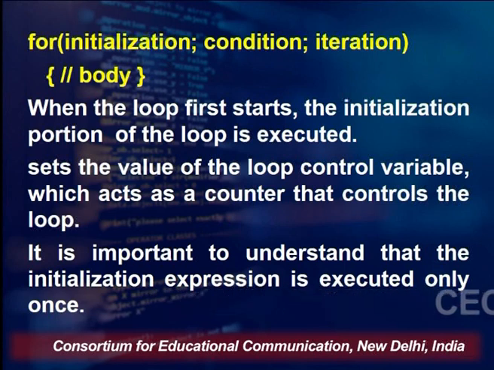Then, when the loop is getting repeated or executed multiple times, the condition is evaluated as false or true. In case of true, it will go into the body. In case of false, it will come out of the for loop. And the iteration is going to happen again and again till the condition is true. So basically initialization will take place first, then the condition is evaluated, which must be a Boolean